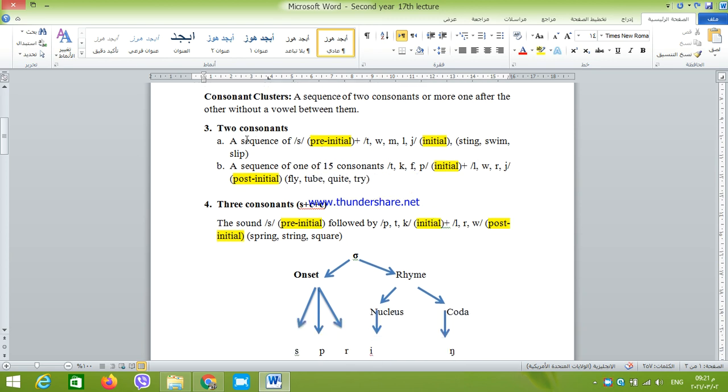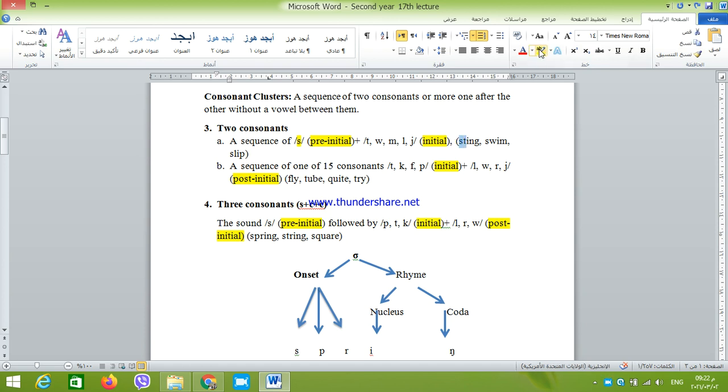Okay? We can have two consonants under the onset, and these consonants can be of two types. The first type is the cluster that starts with the s sound, which is called pre-initial, and followed by t, w, m, l, and y, which is called initial, like